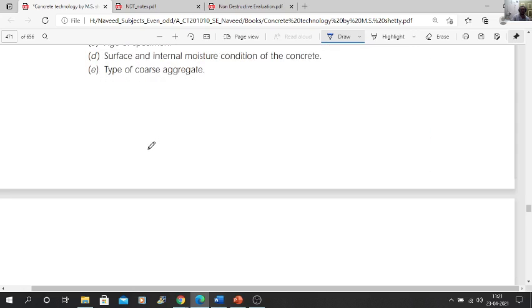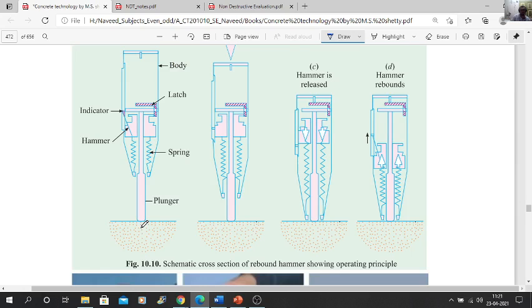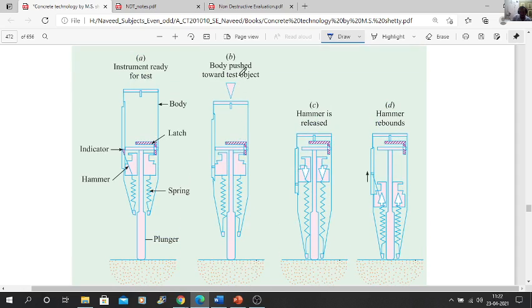You can see here how it works. The plunger is set over the concrete surface. The spring, hammer, indicator, all these things, latch and body you are seeing. Then we press downward.